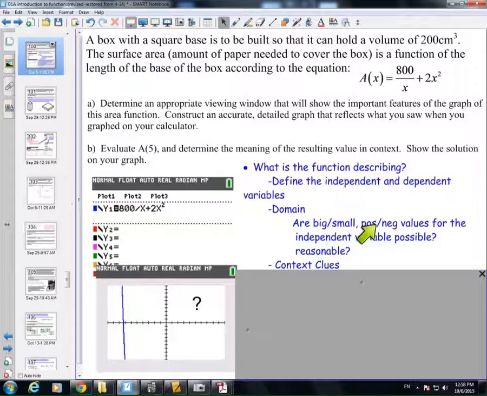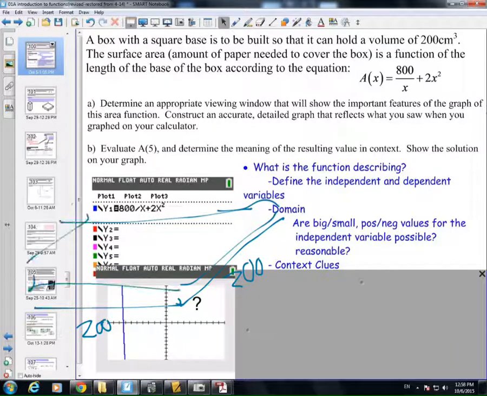So let's talk about big numbers, gigantic numbers. If we made x too big, then it would be very difficult to make a box that holds 200 cubic centimeters. For example, if I had a box whose length was 200, then because it's a square-based box, the width would also be 200, and there would have to be some height. And in the end, I have to make a box that holds only 200 cubic centimeters. Well, here I can see volume